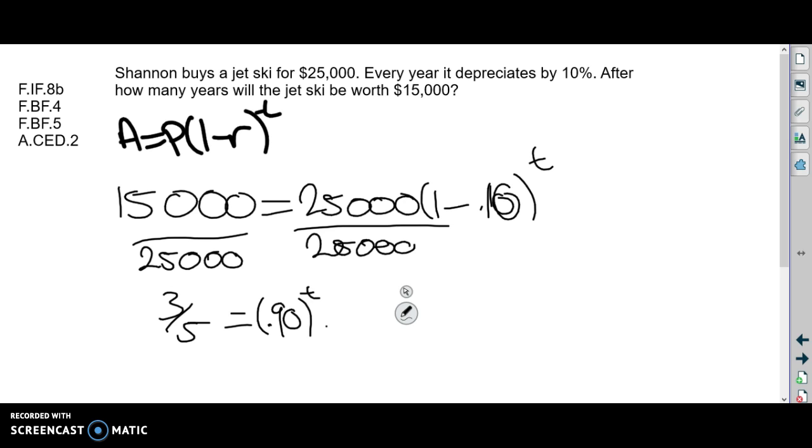So now we have to change this into logarithmic form. That's going to equal log base 0.90